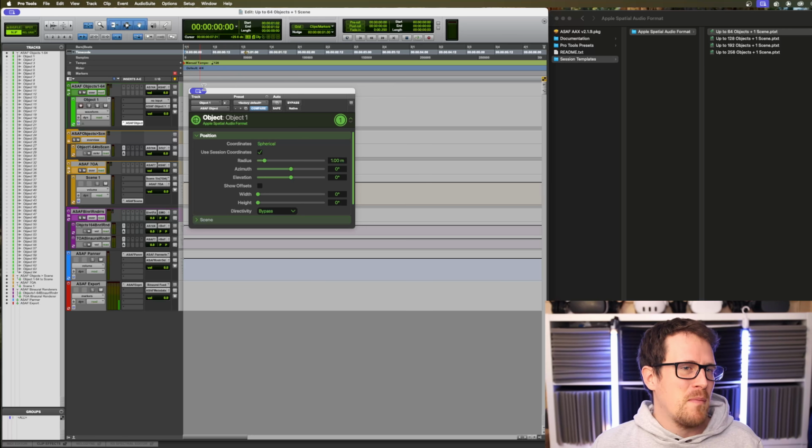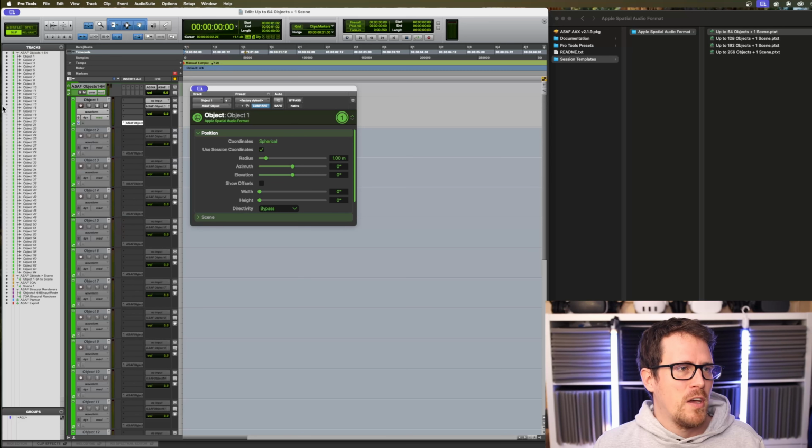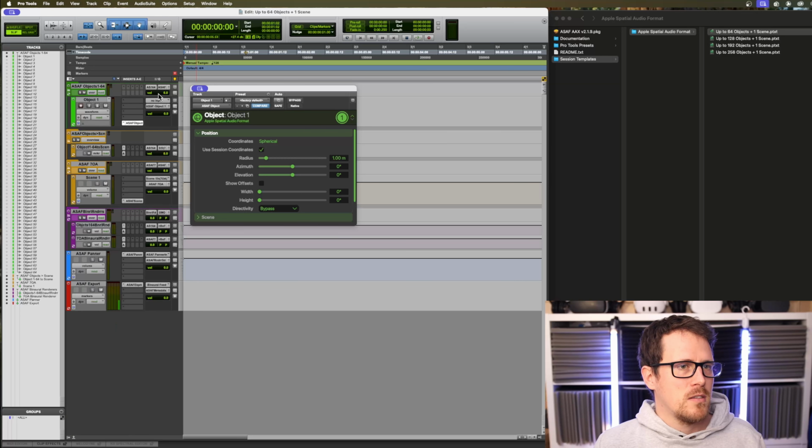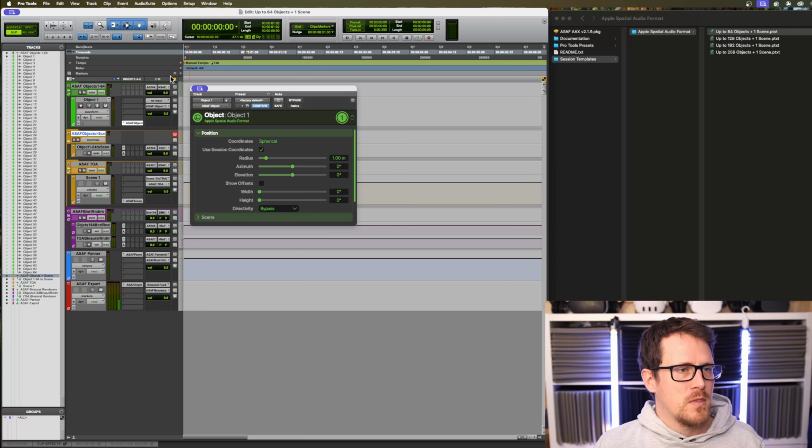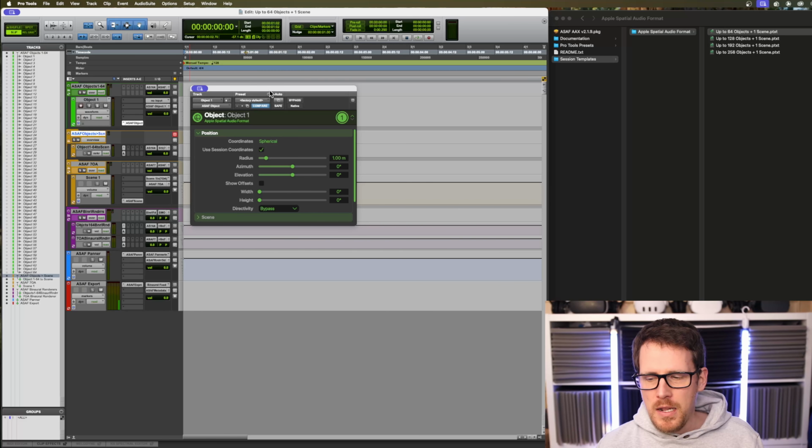So the whole pipeline pretty much is that you do have quite some objects already layered here, but let's just start with object number 1, and it's basically routed to this routing folder. Is it routing? I have no idea. Write me in the comments and help me improve my English. And then it receives something, but I guess we will just go through it step by step, and let's start right away with the object panel.